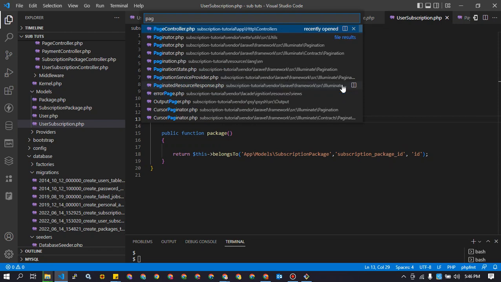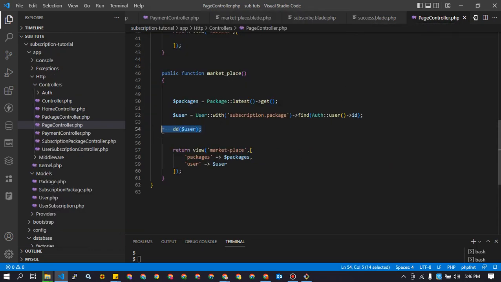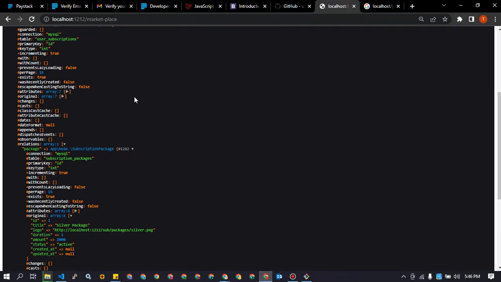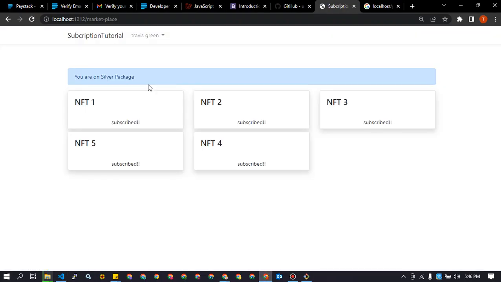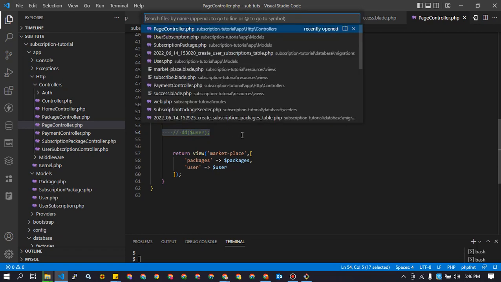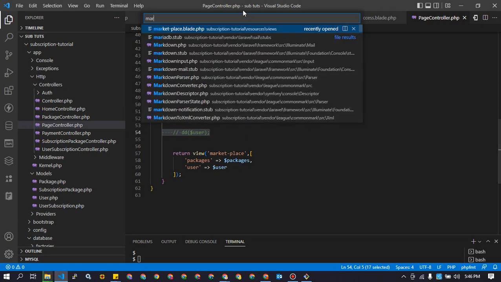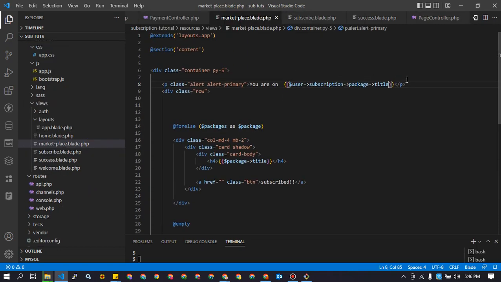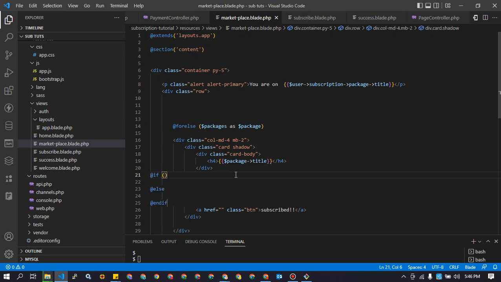Head back to our page controller, take away the die down, and we release the crackle. So you are on the silver package. Okay, so right about now we know what package this person is on. All we need to do now is make an if statement. Let's do an if statement here. If, let's take this properly, if this is silver,